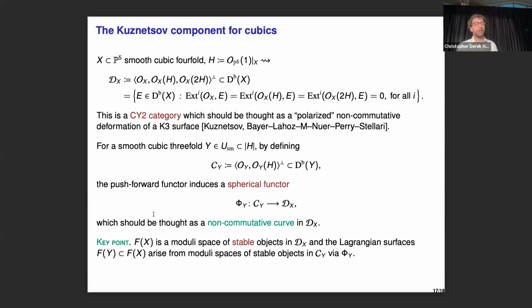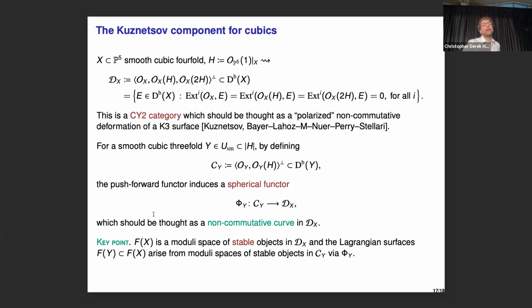And the interesting thing is that this is a Calabi-Yau 2 category, which means that it looks like a Calabi-Yau 2 manifold, which means it looks like a K3 surface or an abelian surface. In this case, it's a K3 surface. And actually, it's a non-commutative deformation in general of a K3 surface together with a polarization. Polarization is harder to say here what it means, but it means an ample line bundle. For us, an ample line bundle induces a notion of stability, so polarization means a notion of stability, which in this context is what is called a Bridgeland stability condition, which was mentioned by Roman in his talk.